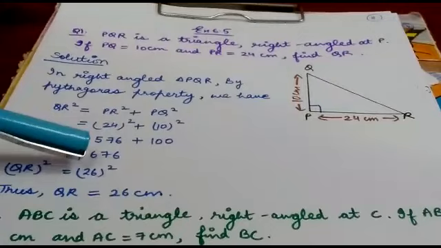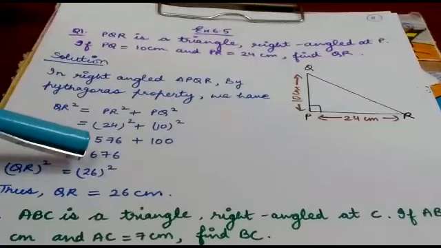BC is A, so A square. So replace the value of AB by 12 and the value of AC by 15. Now 15 square is 225 and 12 square is 144 plus A square. Now transposing this 144 to the LHS, we get 225 minus 144 is equal to A square, which is 81 equal to A square. Now 81 is equal to 9 square. We know that 9 nines are 81, so 9 square is 81. If you learn these square numbers, you can easily write 9 square is 81. So when we compare the bases, A is equal to 9 meter. Hence the required distance of the foot of the ladder from the wall is 9 meter.